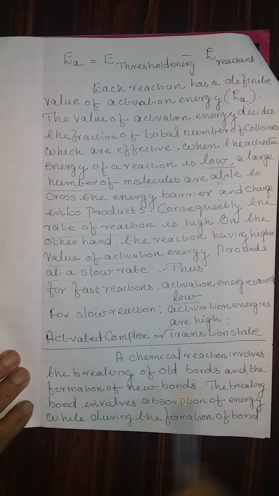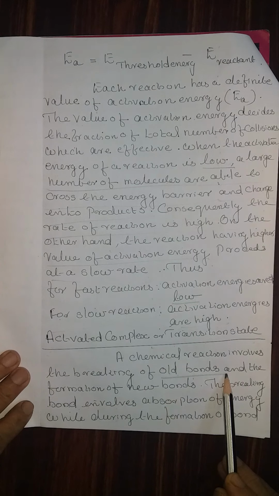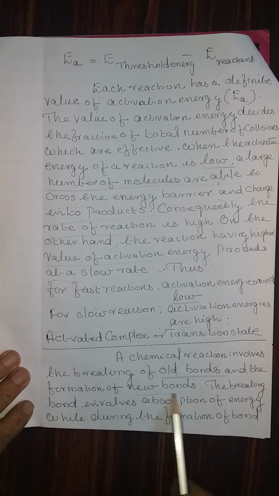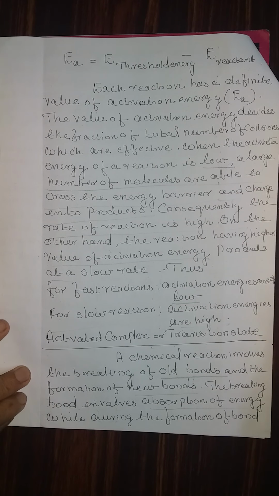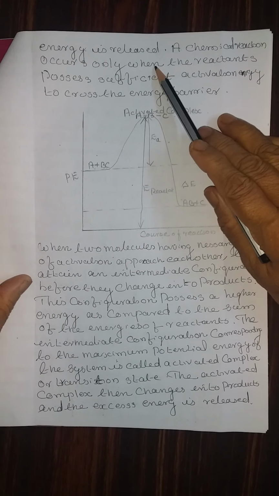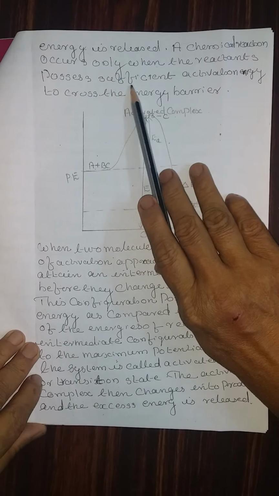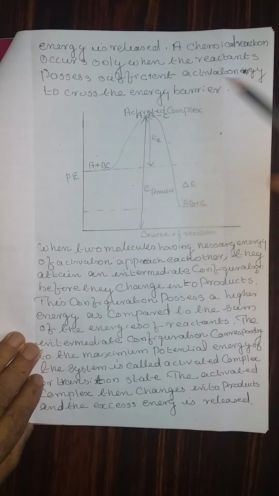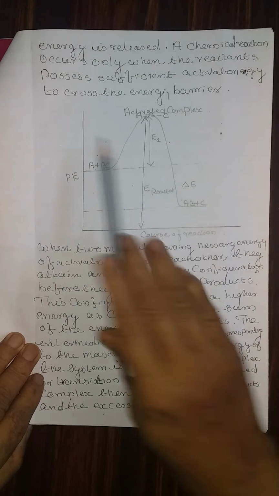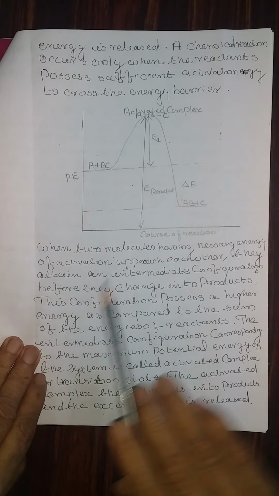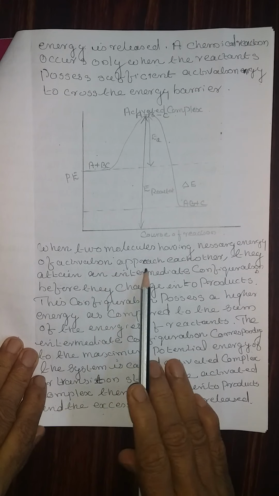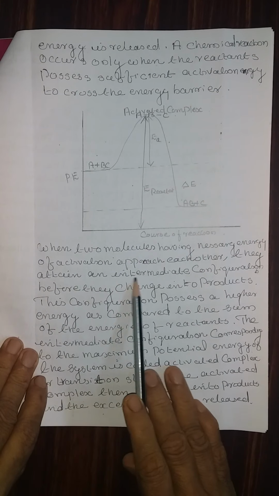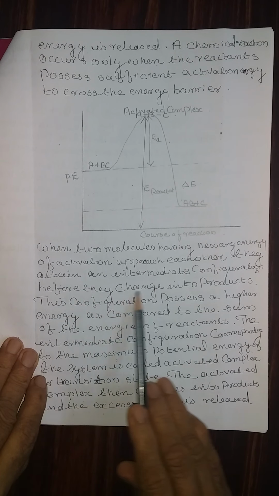A chemical reaction involves the breaking of old bonds and the formation of new bonds. The breaking of a bond involves the absorption of energy, while during the formation of a bond, energy is released. A chemical reaction occurs only when the reactants possess sufficient activation energy to cross the energy barrier. When two molecules having the necessary energy of activation approach each other, they attain an intermediate configuration before they change into